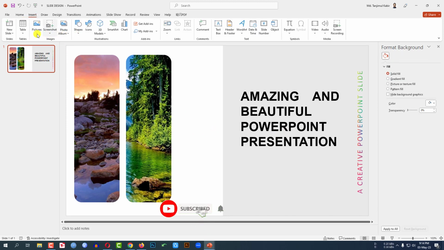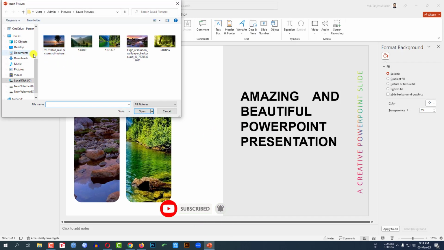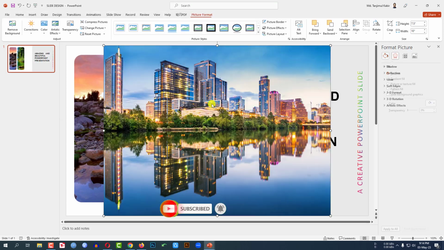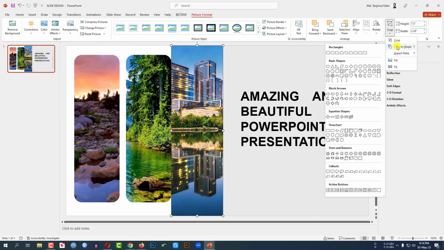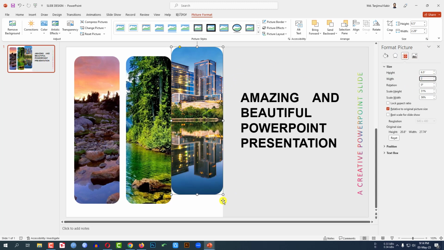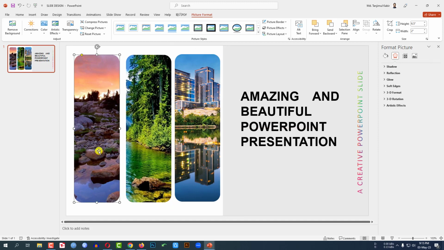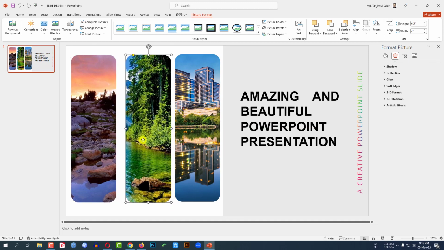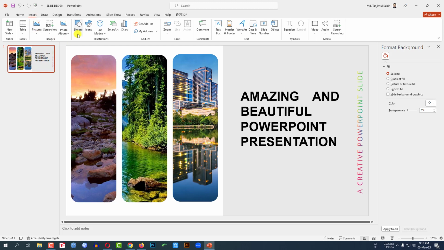Again go to insert, go to picture, go to this device, select this one, click on insert, crop to shape, rectangle rounded corner, size 0.5 and 2 and place it like this. Now rearrange the photo. Now let me go to insert, go to shape, pick a text box and drag it